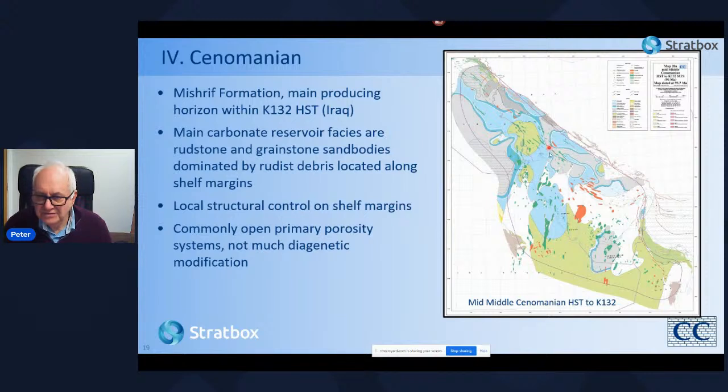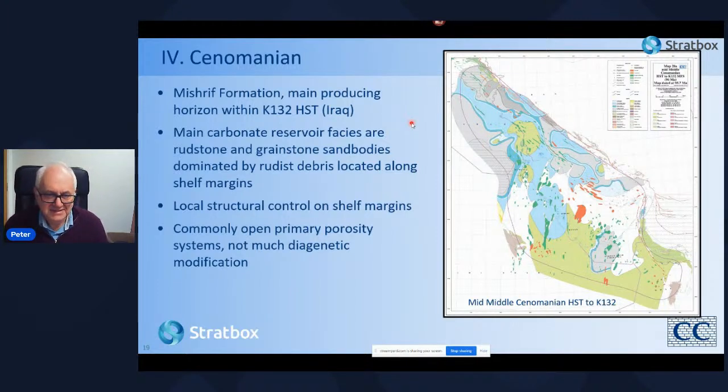We have a large expanse of carbonate platform sedimentation, some very shallow water facies, but mainly located over structural highs within the Arabian Plate, fringed by higher energy facies that separate the platforms from the intra-shelf basins. The main carbonate reservoir facies are located at the shelf margins and consist of rudist and grainstone sand bodies dominated